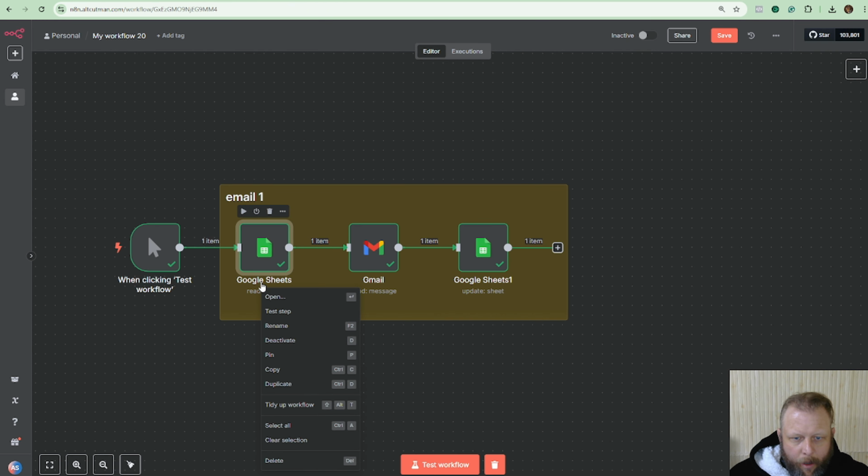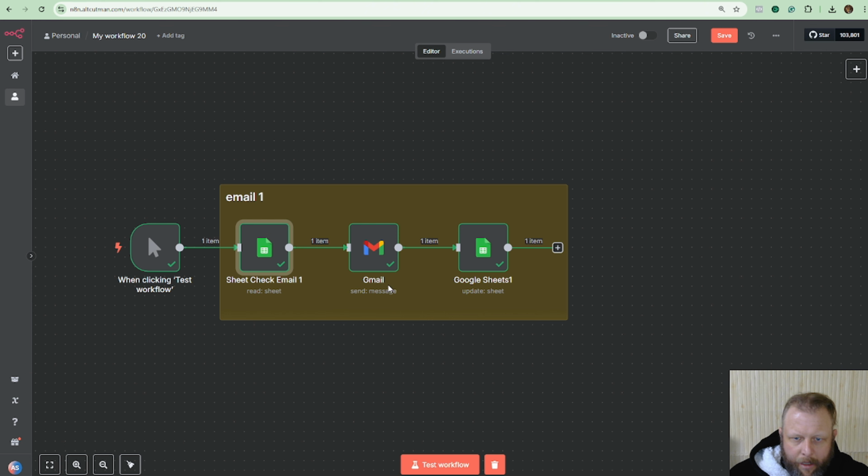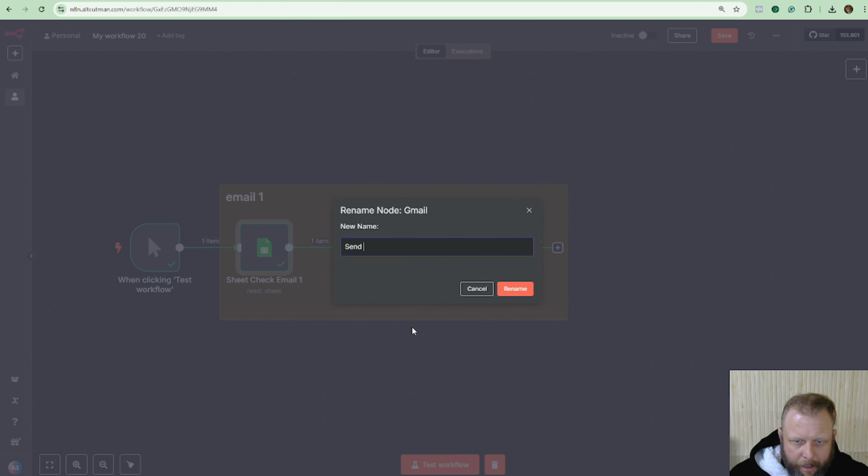Sorry, I can just right click on here, and F2 is a shortcut, by the way. Sheet check email one, rename send email one,